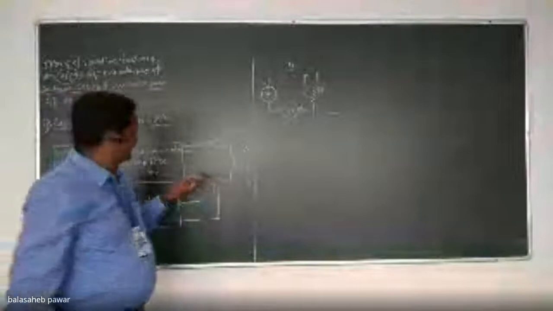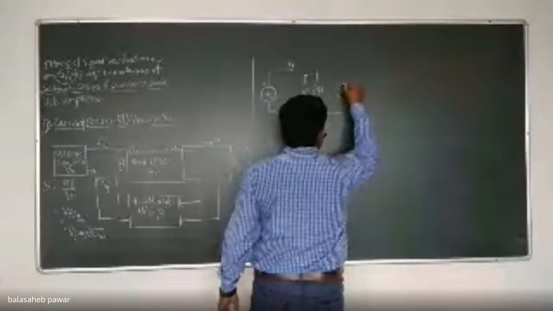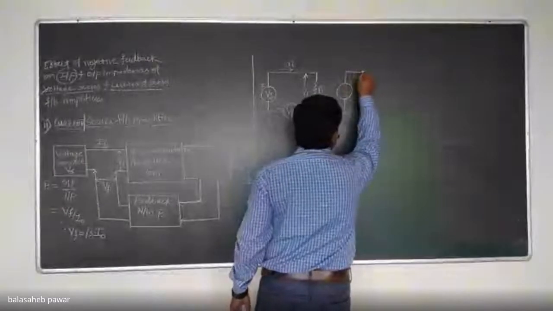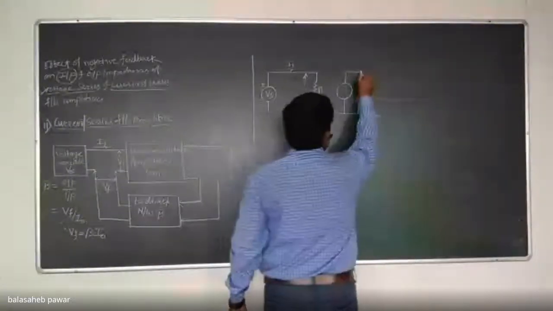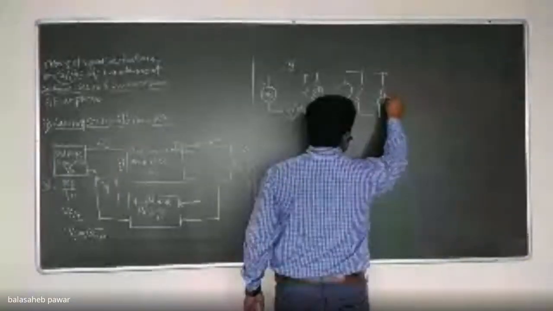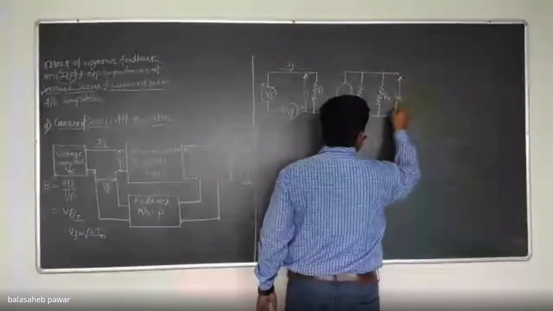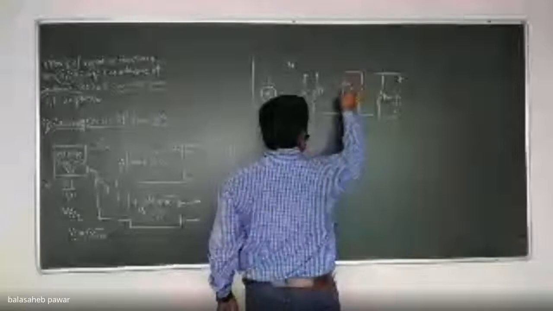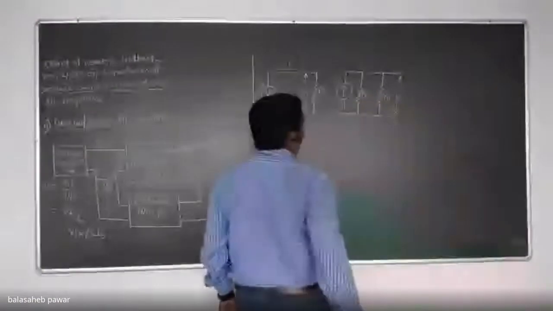So simple, you already mentioned the type of basic amplifier. As it is a transconductance amplifier, its output will be what? Current. And hence draw the symbol for current source. And there will be again RL at the output. So this is nothing but RL. Here we are getting output voltage across that RL. This is the output current with its own impedance, and that is nothing but RO, output impedance. Is it?